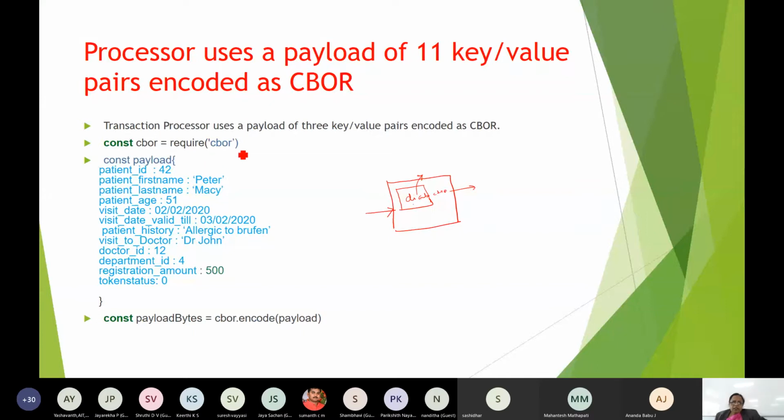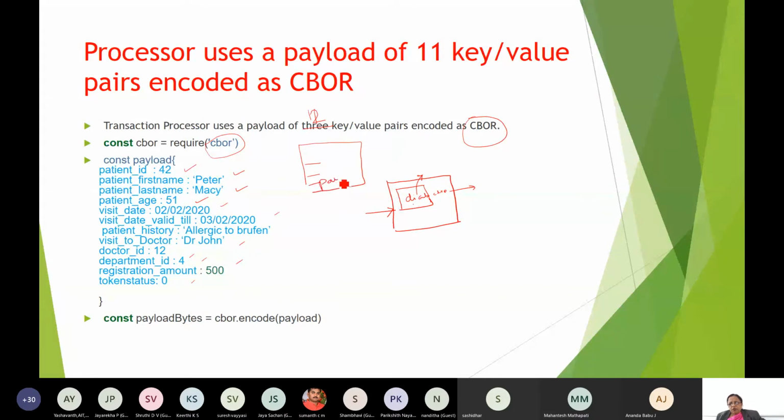Then the transaction processor uses a payload, not 3 but now 11 here. Because 1, 2, 3, 4, 5, 7, 8, 9, 10, 11 and 12. Totally 12 key pairs it will use here. And I told you it is taken as CBOR. So you'll have to declare a constant, CBOR, requiring this particular algorithm, to put in that transaction. 3 people are there, no?